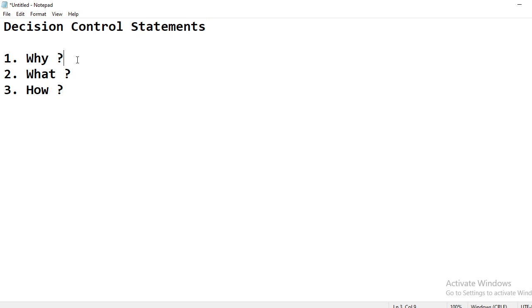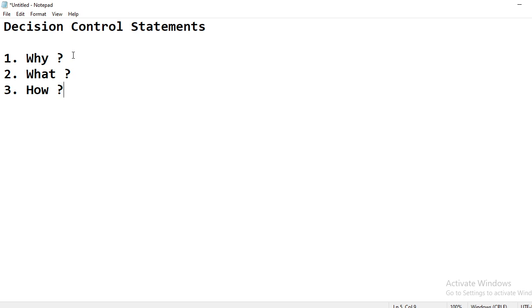And just try to make this habit. Whenever you are learning any new topic, just try to find out the answer of these three basic questions. First question is why it is required to study. The second question is what is this one, and the third question is how we can make use of this one. If these three questions are clear for you whenever you are learning any new topic, then you can think that you have completely understood the particular topic.